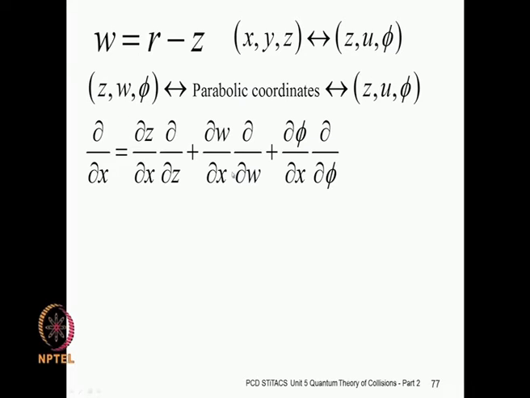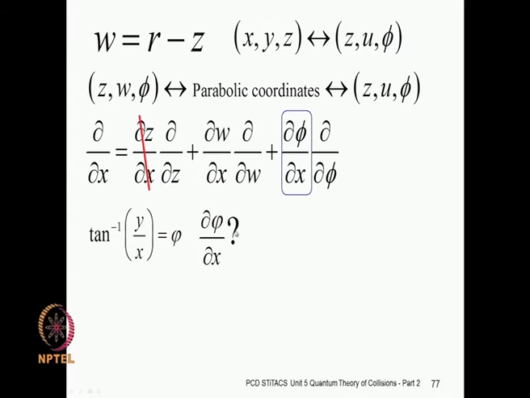So you can use the chain rule, because there are 3 degrees of freedom. So there will be these 3 terms. It does not mean that all of them are going to contribute, because z we already know is independent of x, right. So the first term will certainly not contribute, and then you may have the possibility of finding out how phi varies with respect to x and get that partial derivative, and you have the relation already between phi and x, y as a tan inverse of y over x. So you can go ahead and determine del phi by del x,